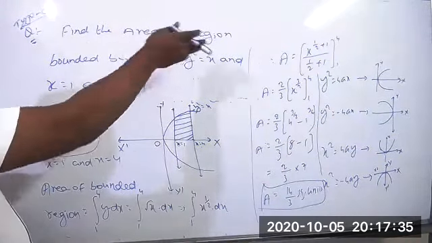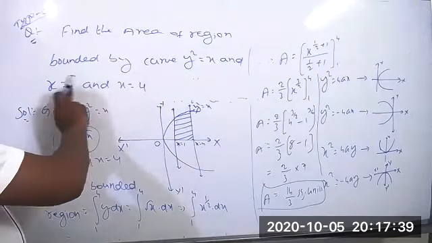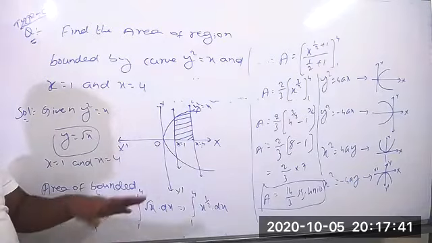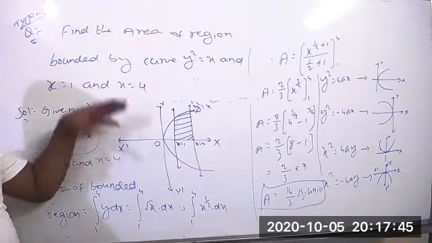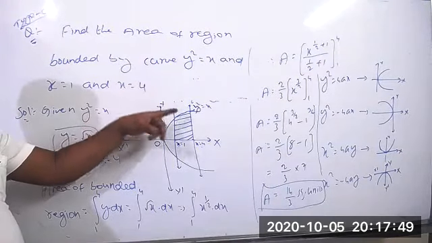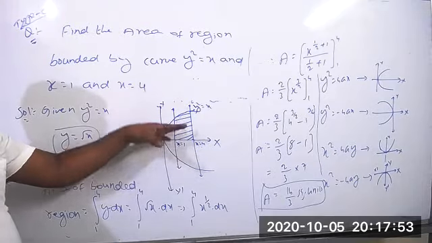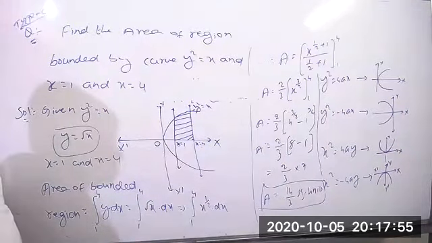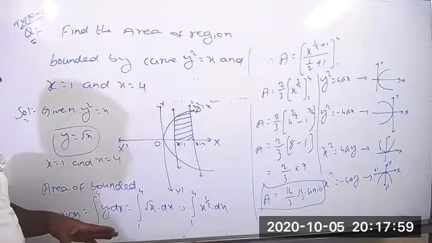So we find the area of the region bounded by the curve y square equal to x and x equal to 1, x equal to 4. That's all. But here they didn't give any condition, but the previous problem has a condition. The region bounded by the curve, circle, positive lines, x-axis in the first quadrant. They mentioned very clearly in the first quadrant, which means that's why we're taking only one part here.